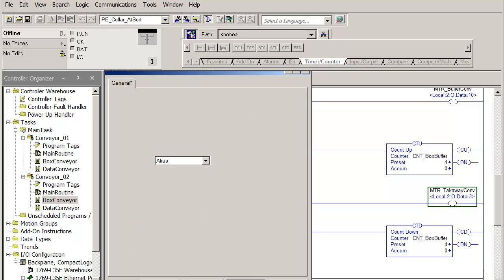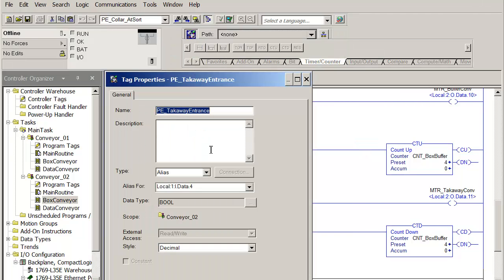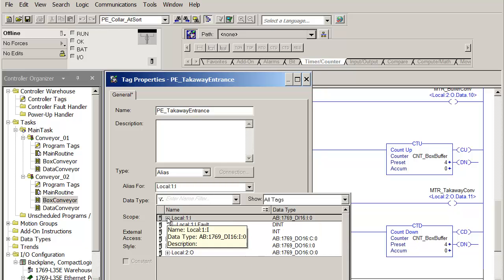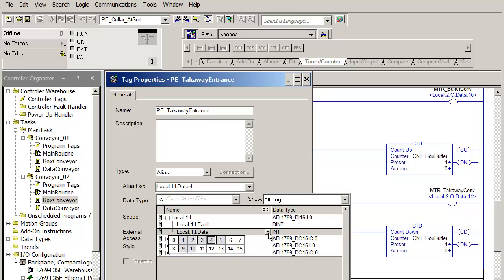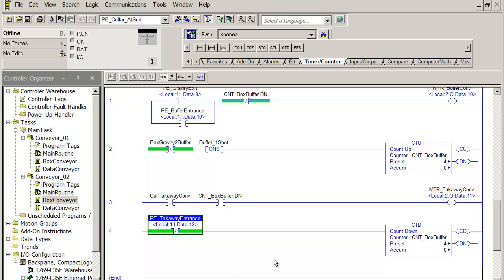We'll make it 11. Apply and OK. This is the photo eye takeaway entrance for conveyor 1. So right click, edit. So under 4 would be 12. And I think that takes care of everything